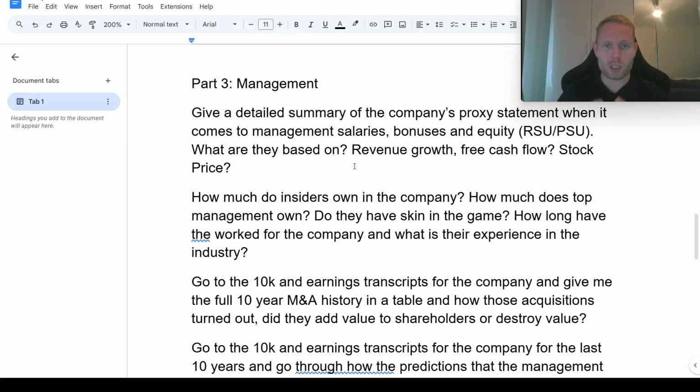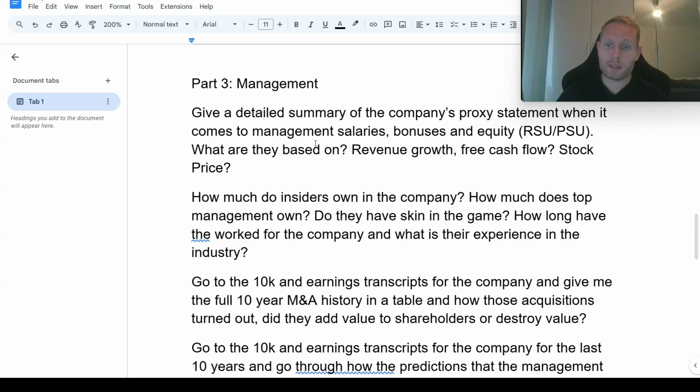So I want to summarize it and keep it in one place so I can look over it. I might buy into the company 5 years from now, so it's good to have all of the information compiled and we can just update it when we're making the decision to buy. So management: give a detailed summary of the company's proxy statement when it comes to management salaries,